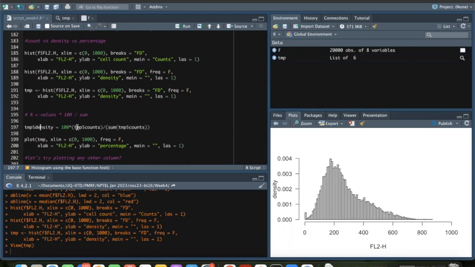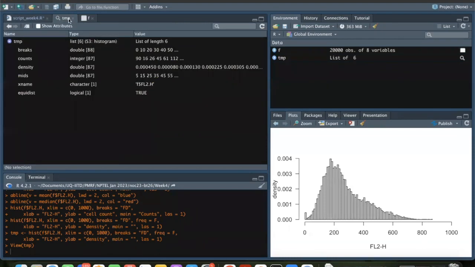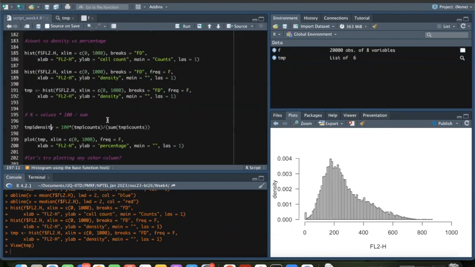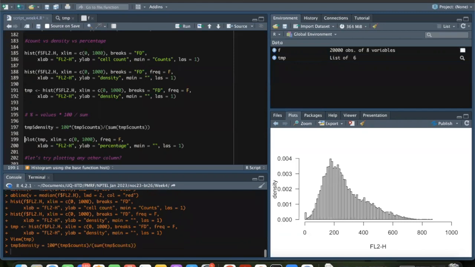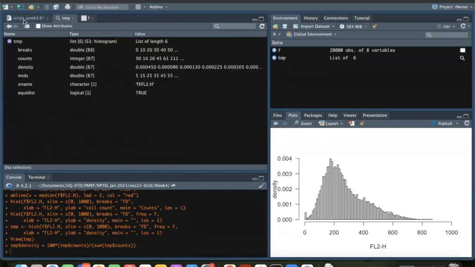And now I cannot make a new variable in the histogram. It will either plot counts or it will plot density. Density is not of my use here, so I will actually save this information in the density slot. If you see here, the density right now is some 0.000 and so on. And now if I save this to the density,